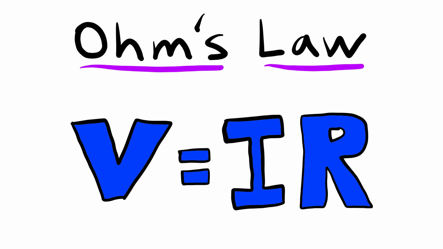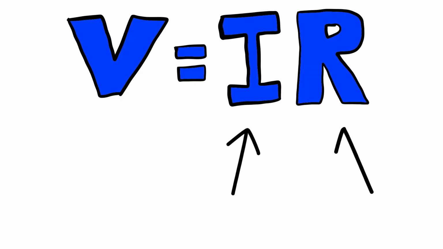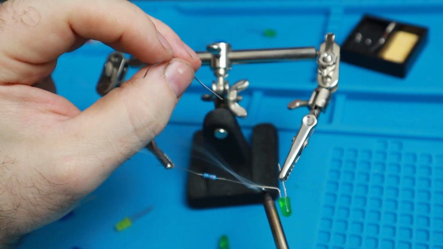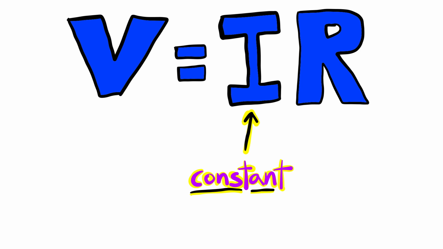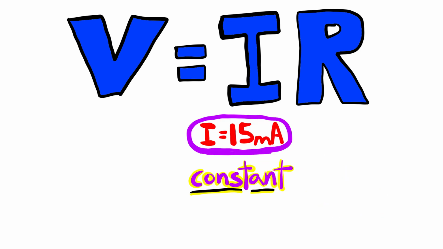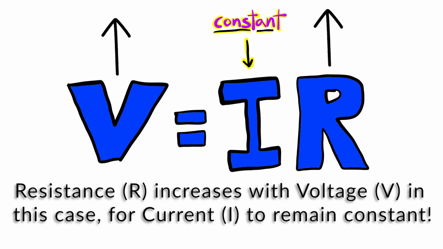The second thing I want to clarify is proportional relationships. Our Ohm's law equation represents a relationship between voltage, current, and resistance. Well, when we're talking about inverse or directly proportional relationships, we're talking about the relationship between two of our variables in an equation. In the last video, we designed a simple LED circuit and chose to insert a constant for our current value represented by the letter I, based on the requirements of our LED. When we did that, a specific relationship formed between our two other variables. If we increase the value of one variable, the other variable's value must increase or decrease in proportion to our first variable's change for the equation to remain true.